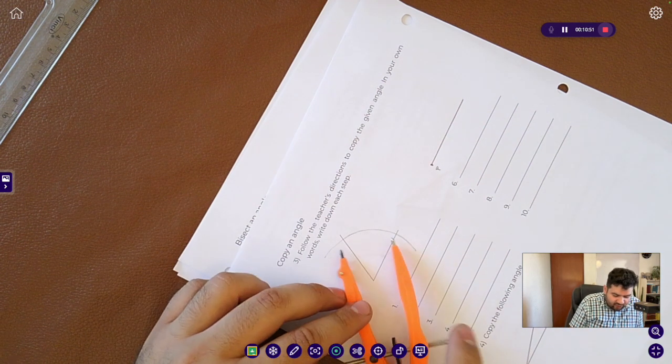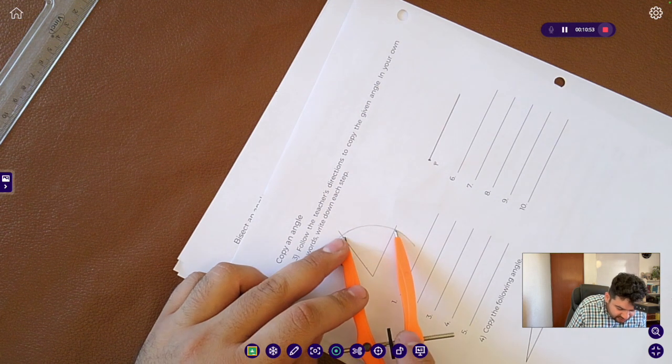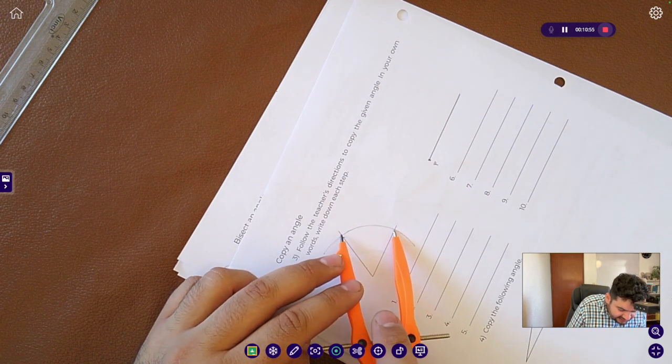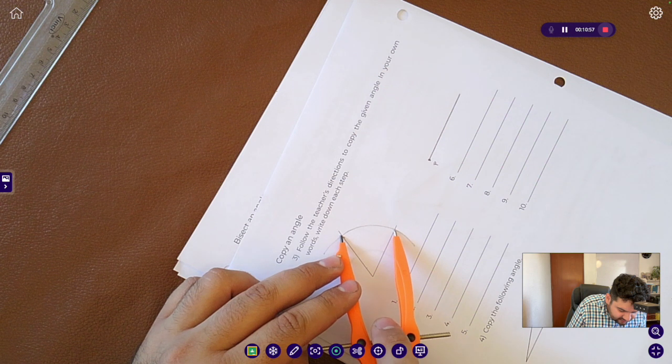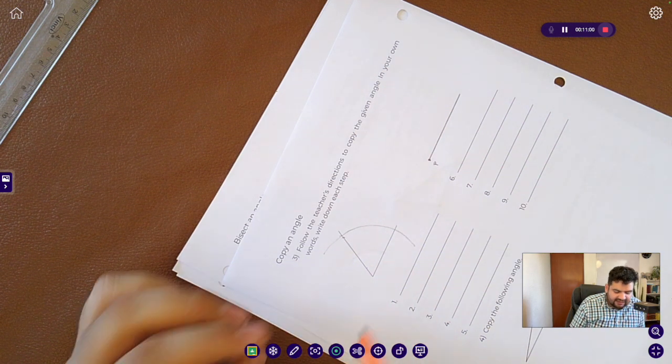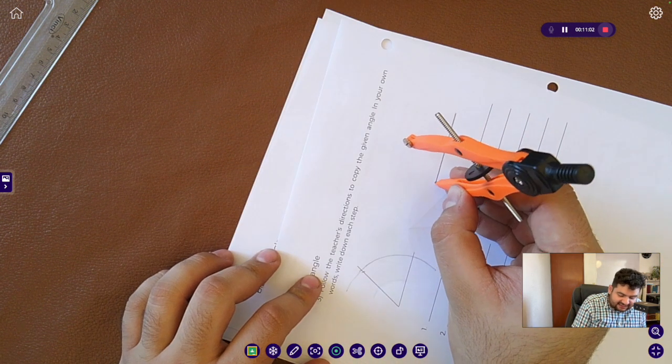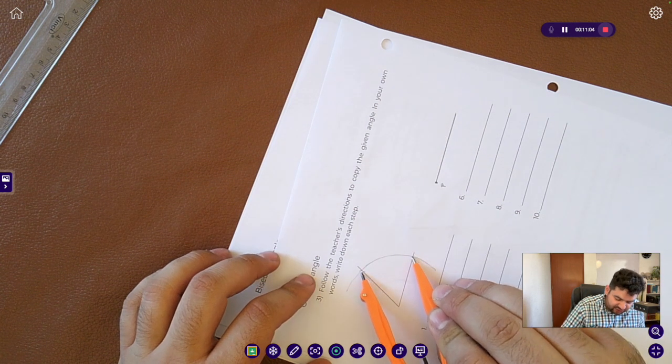Then, with your compass, measure how big the angle is, and you can say, oh, it is the same. Well, not always is the same. And with that openness, the openness that you measured,